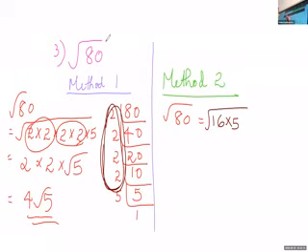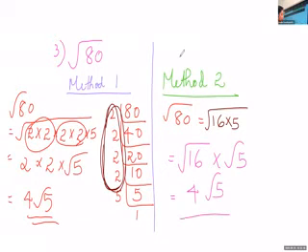Now how will you write it? What is the next step? Root 16 into root 5. What is the answer of root 16? 4. So 4 root 5. Correct? Yes, ma'am. Okay. So, I'll give one more question for you. Next question is